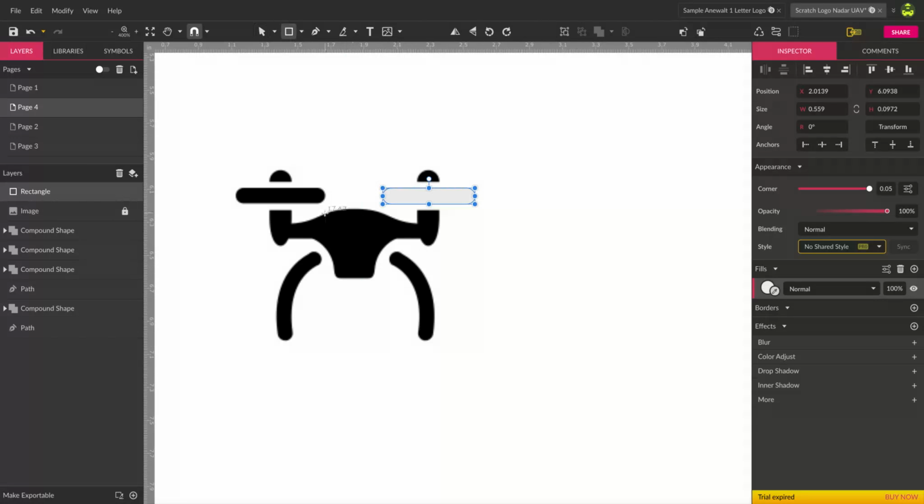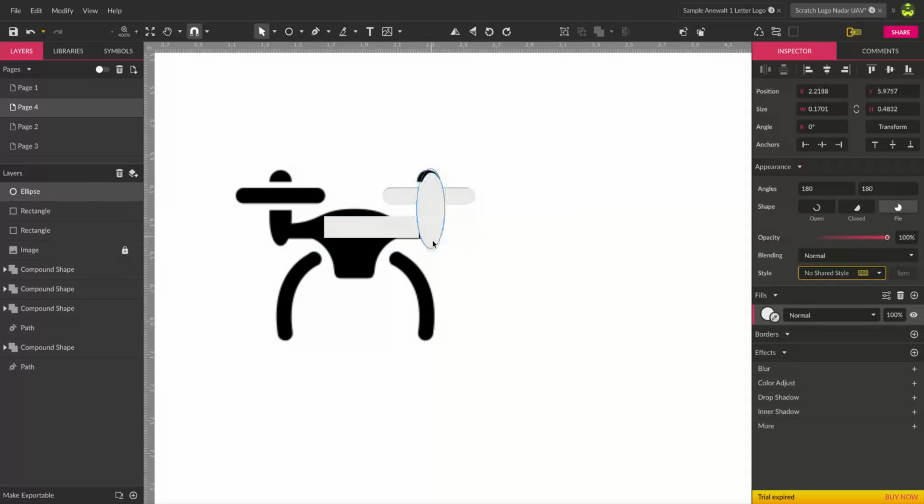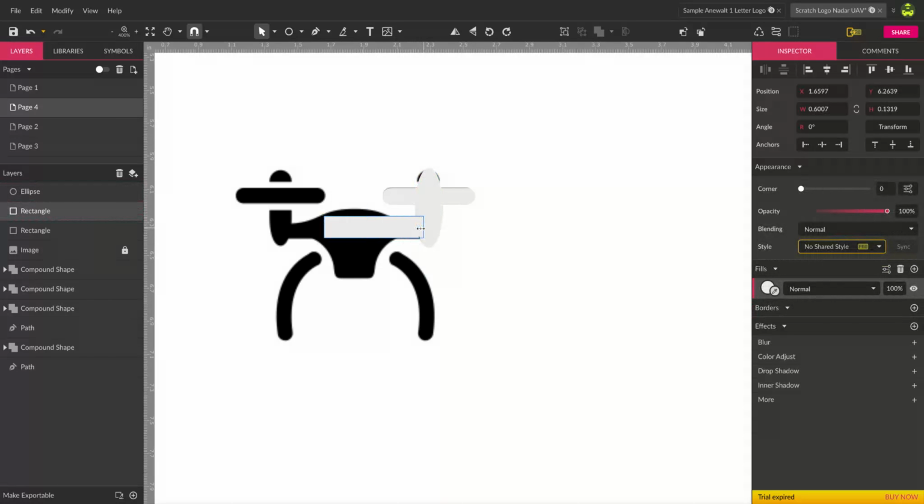So you can do this all with shapes. If you want to do it with the pen tool, go for it. Maybe I might put that there, and this other part is kind of like one big ellipse actually. So I might even do that, scoot it over, I'll get this one. So yeah, just putting my basic shapes right on top of